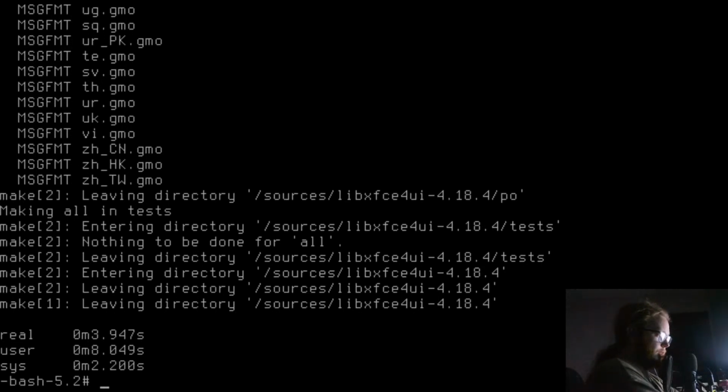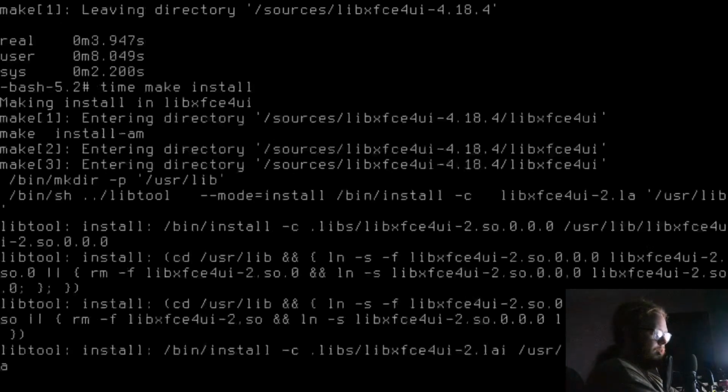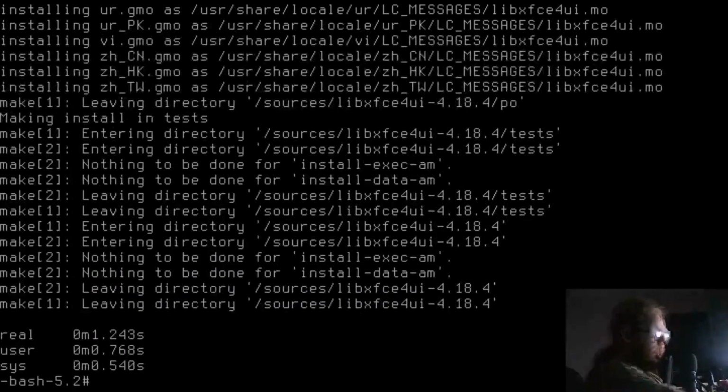Quick, install it. Don't fuck off. Don't die. Oh, thank fuck. Right. Good. Which now means I have done everything for libxfce4ui. Yes. Oh my god.